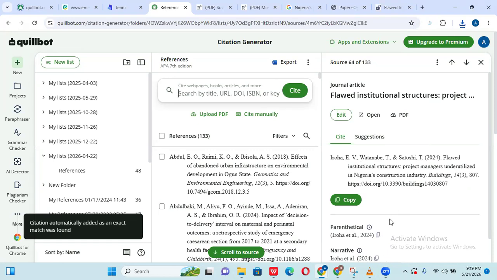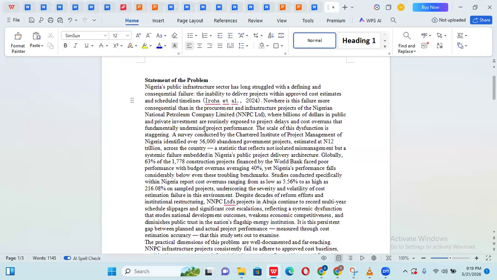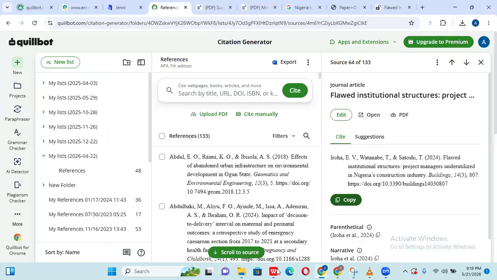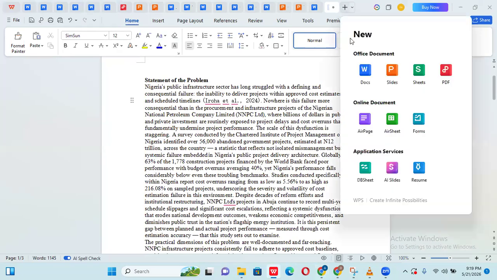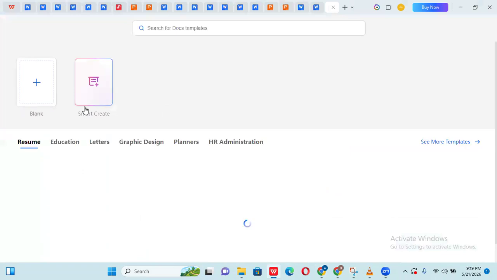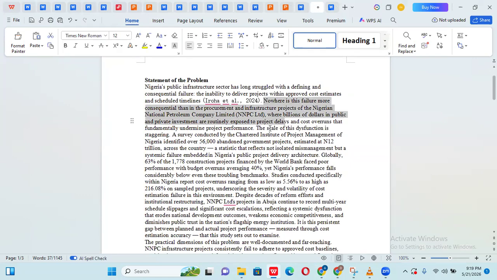Oh. So we need the citation. You put it here, right? That's the citation. Of course, we are going to adjust it again. The references. This is a reference. That citation. You open another document to be storing the references. Okay, so you've done that for this. You copy this also. You copy it.